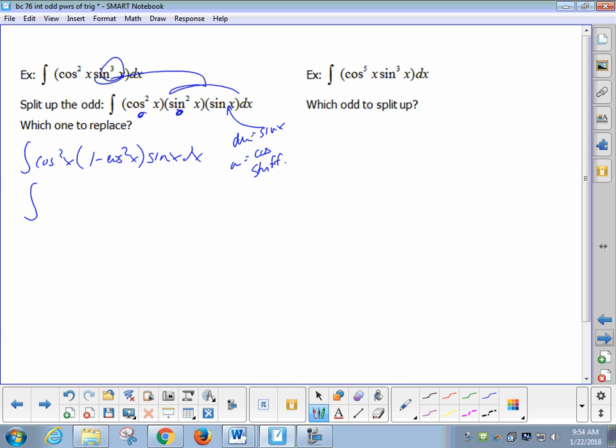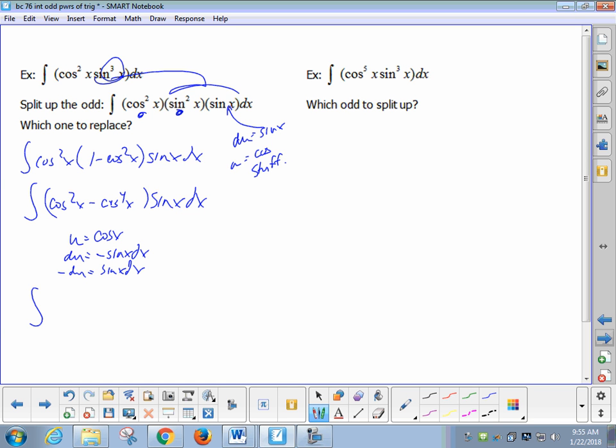If I do a little, you could probably bypass the distributing, but I'm going to distribute. I'm going to get cosine squared minus cosine to the fourth in parentheses, and sine outside. Let u equal cosine, which means du is sine, or negative sine? Negative sine. So negative du is sine. So the integral becomes,